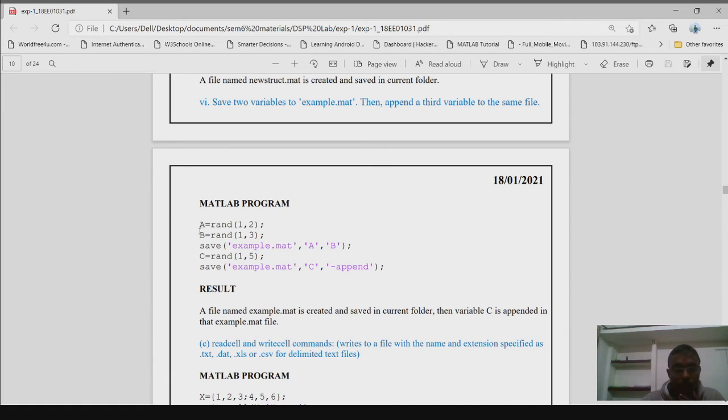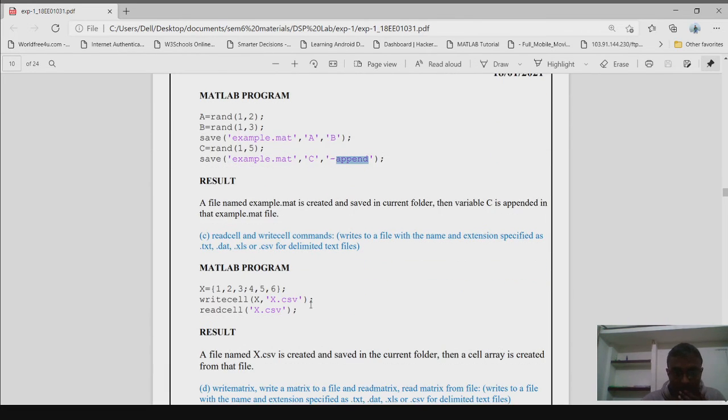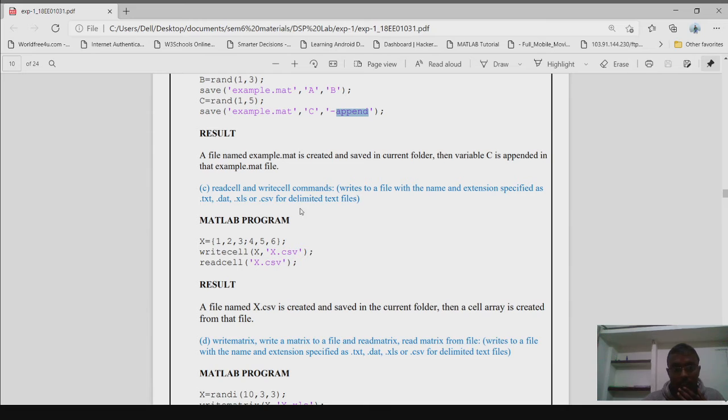After that, first some file has been made, and after that again some variable is being added to that file. So we are using append. Here this line is appending that C to the previous file. And now read cell, write cell.